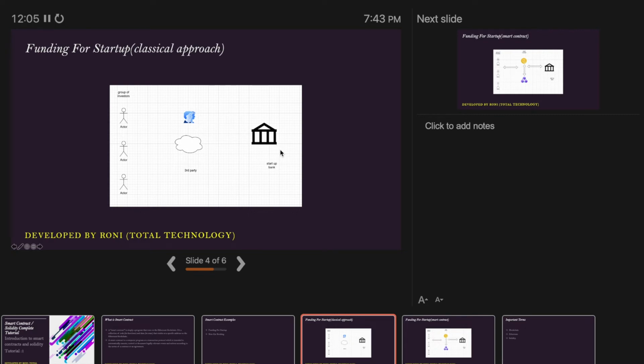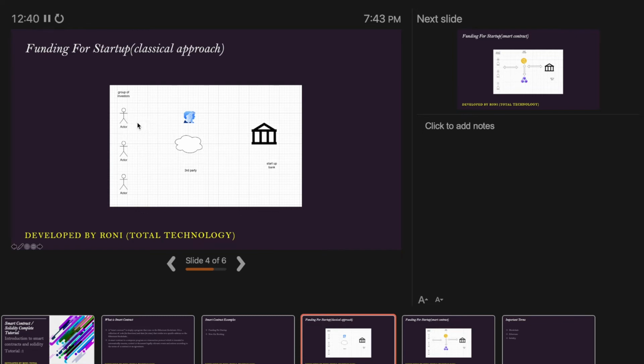Okay, so this is a normal scenario. But if I ask you, can you guarantee that whatever fund this third party receives, he is going to send to you? Nobody can guarantee that. This is a contract, physically written somewhere, but it doesn't mean it is going to happen. A number of frauds or scams can happen. Scam can happen from this side, and scam can happen from this side as well. Okay, I'm just eliminating the scam from this side.